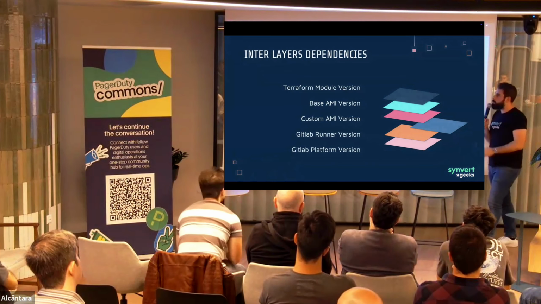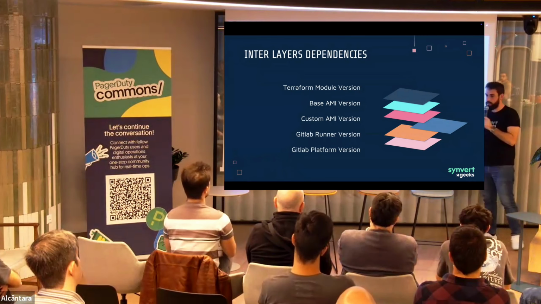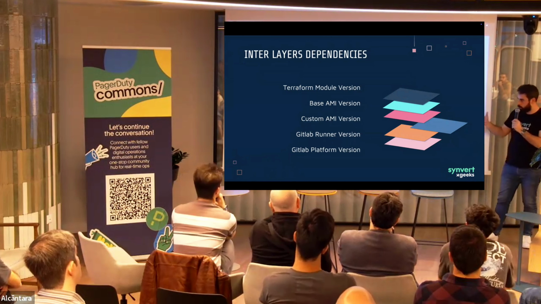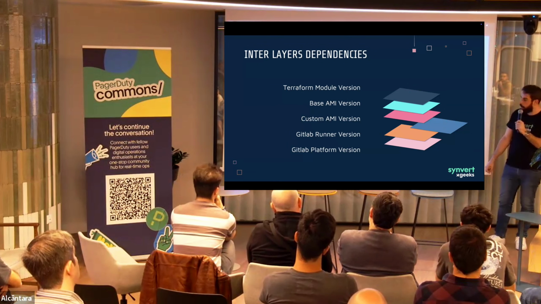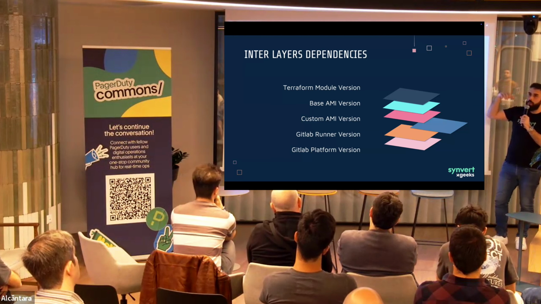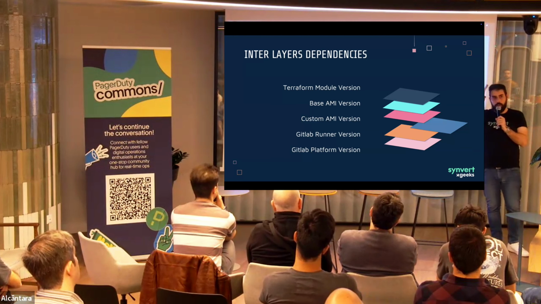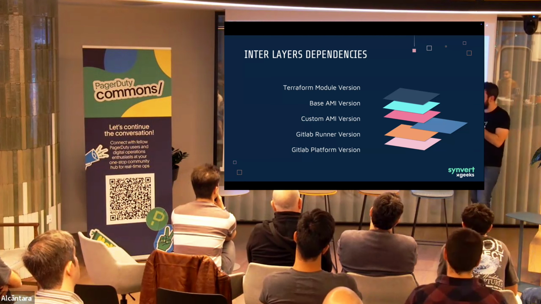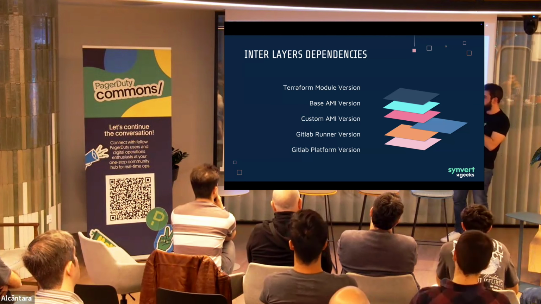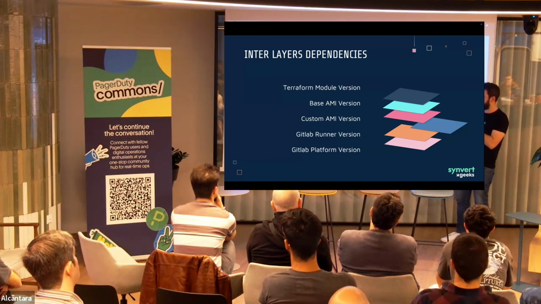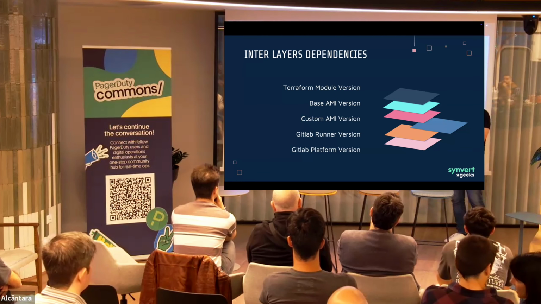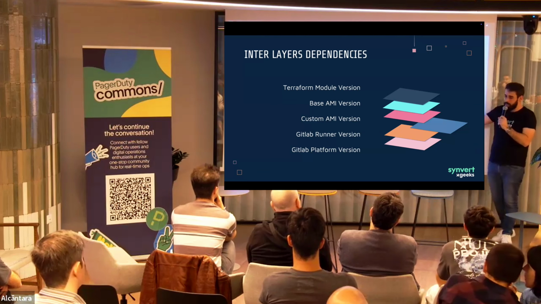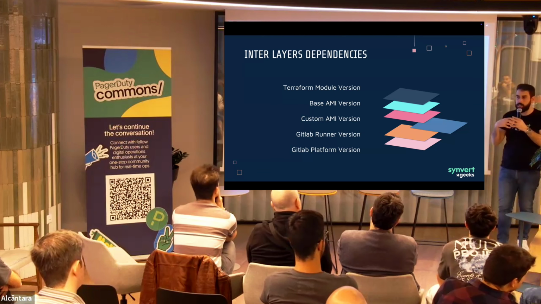Then inner layers dependencies. This is a pain at the moment, and we are working on this, or we will work on this for the next 3 months. Our product is, I like to say, like an onion. It has a lot of different layers. So you have our module version, and also the base AMI version, and their custom AMI version, and the GitLab runner version also, and the GitLab platform version, and so on and so on. So there are a lot of versions